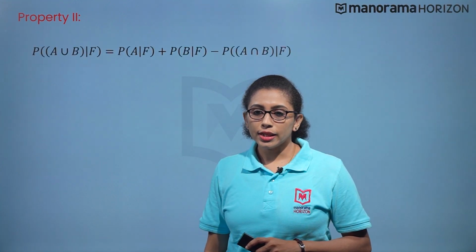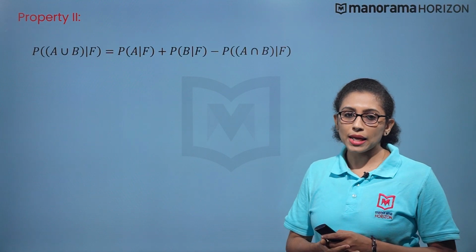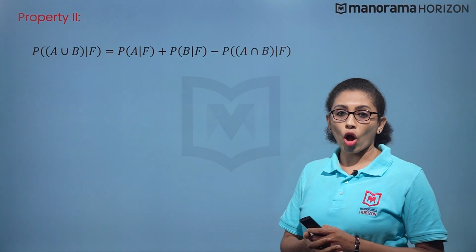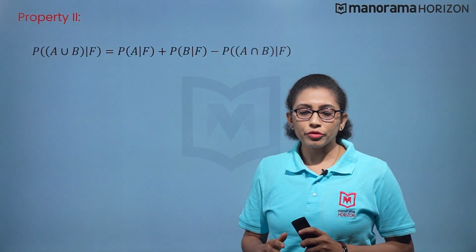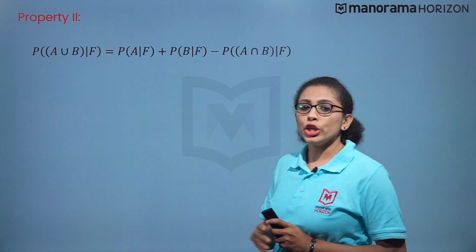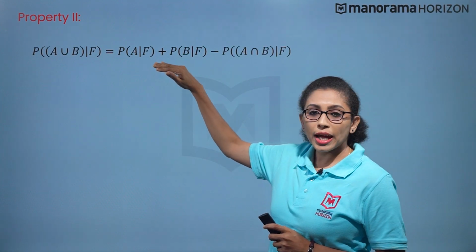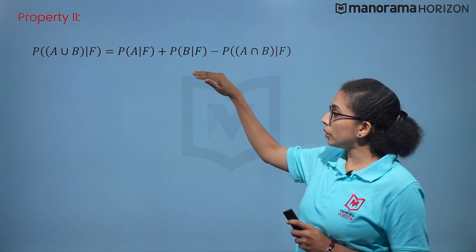It states that if A and B are any two events of a sample space S and F is an event of S such that... Now, the second property is: if A and B are any two events of a sample space S and F is an event of S such that probability of F is not equal to 0, then probability of A union B given F is equal to probability of A given F plus